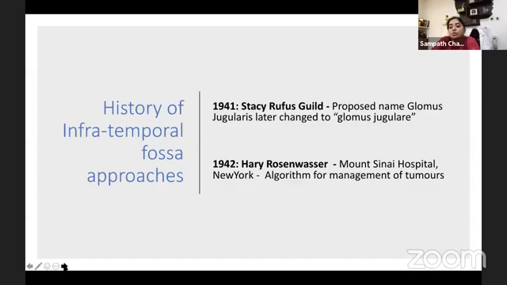So he developed an algorithm for the management of the tumor. If there were small tumors involving the tympanic region, he used a transtympanic approach, and if it involved the mastoid region, he used the mastoidectomy approach. If it was extending from the jugular foramen into the intracranial regions, he used an extended wide local excision with control of the neck vessels. Following that, there was incomplete removal of these tumors, and the patients were further subjected to radiotherapy. So this led to incomplete removal of the tumor.